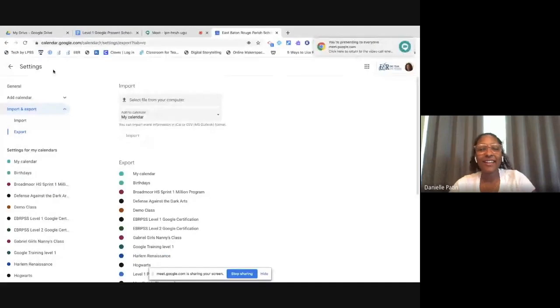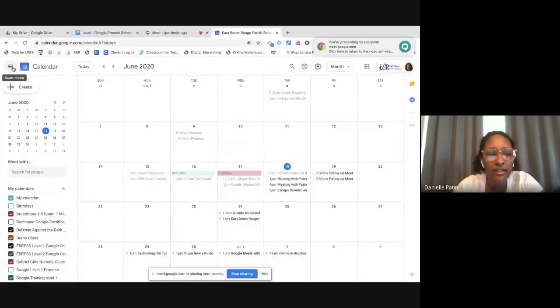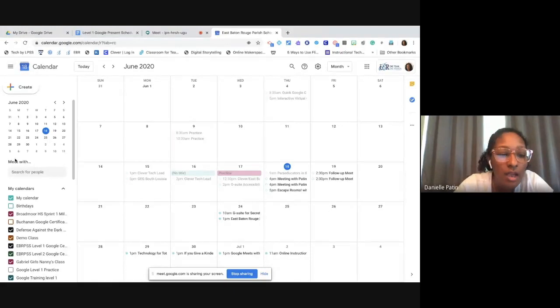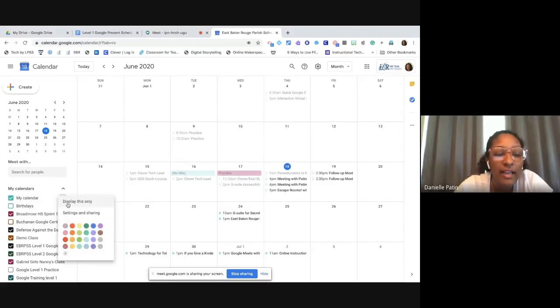All right, guys. So this is my calendar. This is not on the test, so just make sure we know that. You have the option of exporting your calendar and printing it out, if that'll be helpful. Over on the left side, you can see all of these calendars that I belong to, and you know my favorite, settings. The three little dots, aka chocolate chips. So I'll click on that, and then in the settings and sharing section,